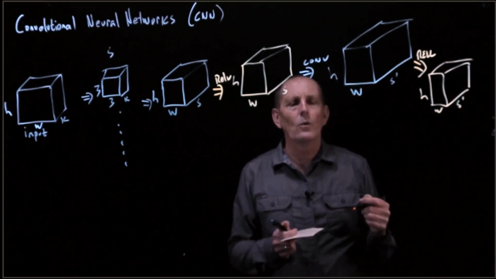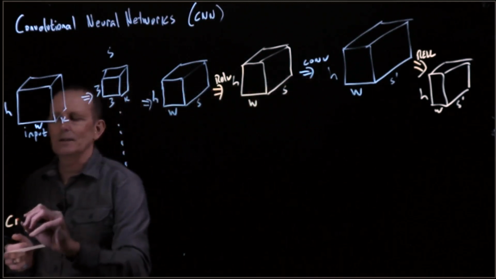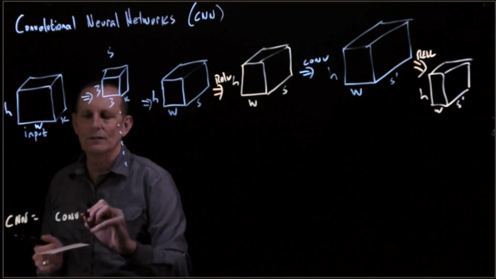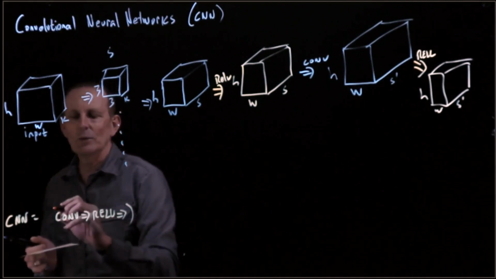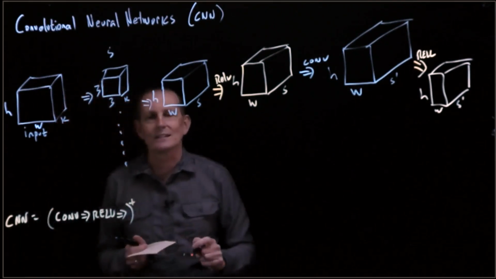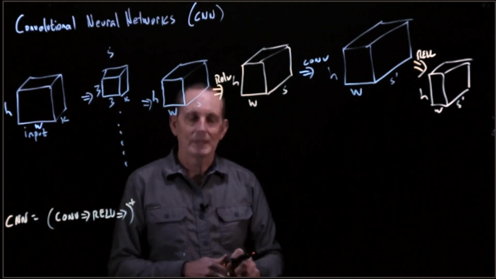So often what we'll have is a CNN is going to look like a convolution followed by a ReLU, and this will be repeated some number of times. So this is using kind of regular expression syntax. So we're going to repeat it 1 or more times. Convolutional neural networks often look like this: